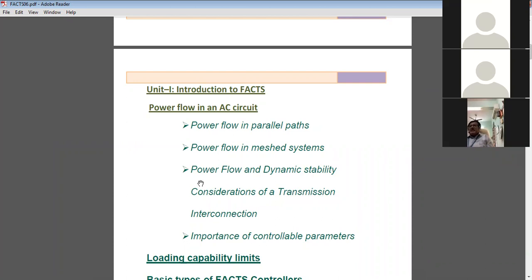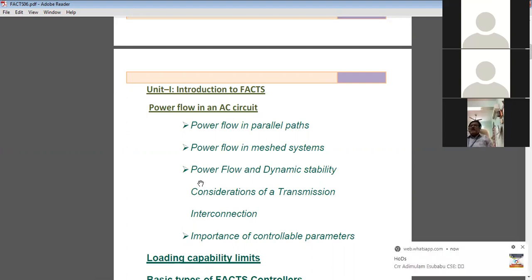Control is possible, and power system security is improved, and the stability is improved, in particular transient stability. Transient stability is improved, that is, the margin is improved by proper connection of the tie lines and others.